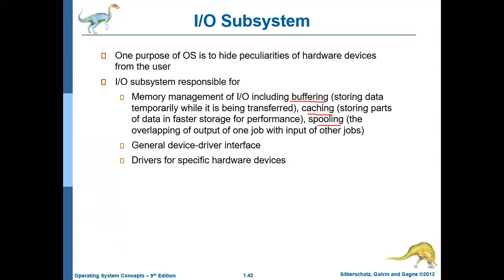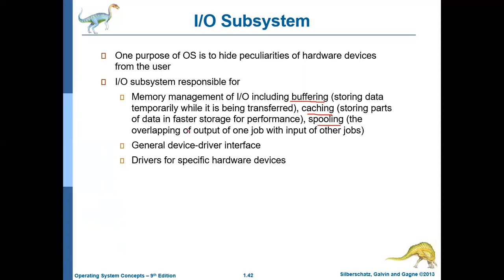Similarly, these devices may also have some cache memory for temporary storage. For example, a printer cannot go back to main memory to access any content, so it will also maintain some cache memory. Similarly, there is something called spooling. The output of one process, or one job, may be the input for another job. For example, in an IO operation there are two jobs, and the output of the first job may be the input for the second job. That is called spooling.